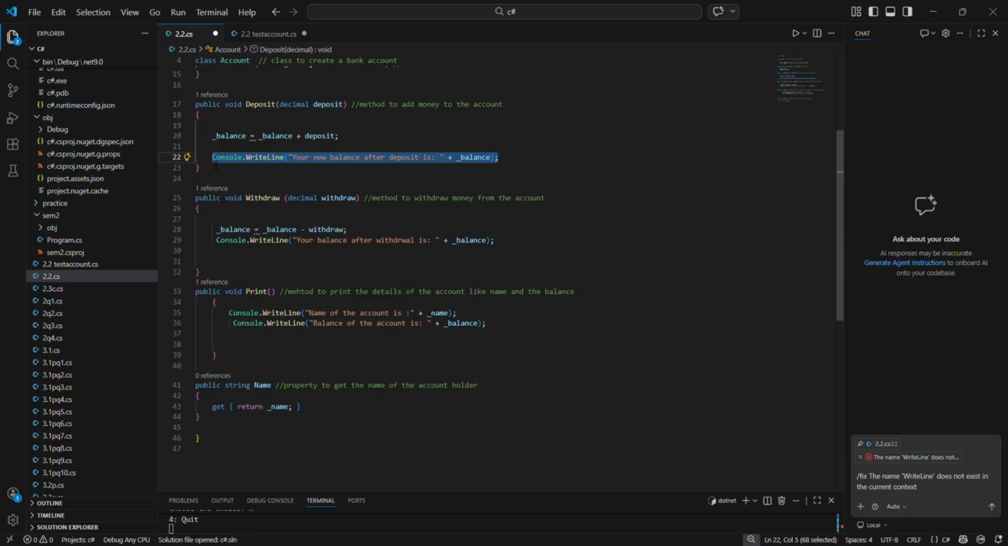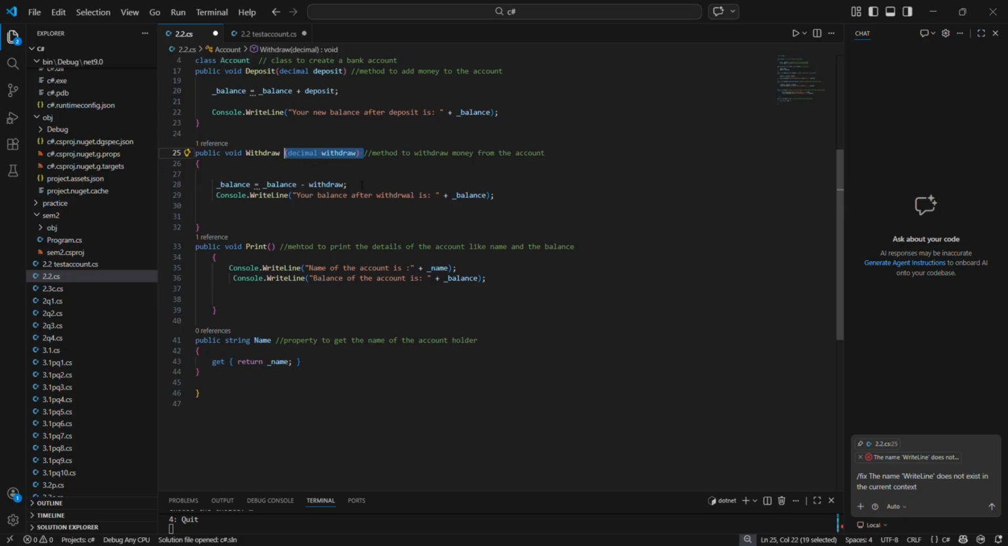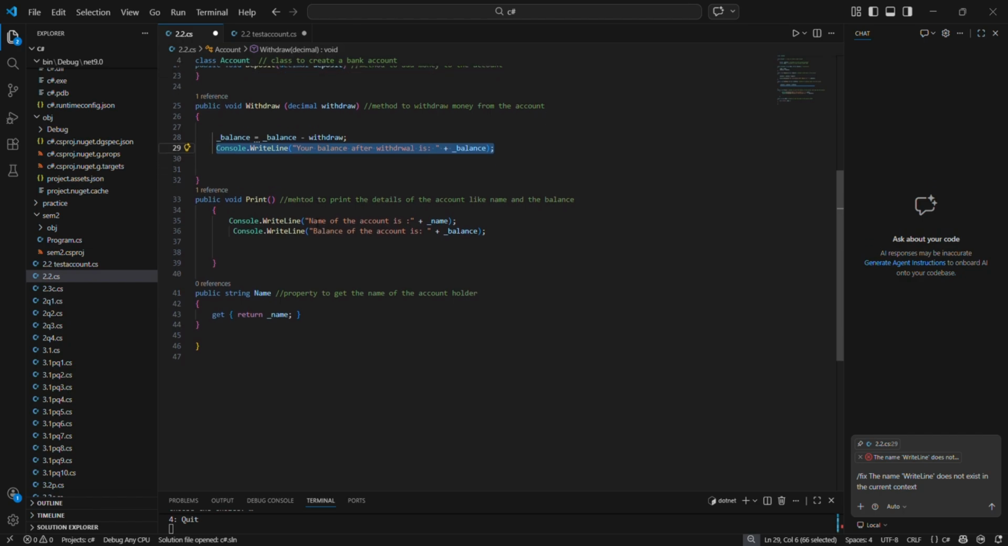Then I have created another method named Withdraw, and here is its parameter, which will be input by the user. This line will subtract the amount from the balance, and then this line will print the new balance after the withdrawal. Then I have created the third method, named Print,